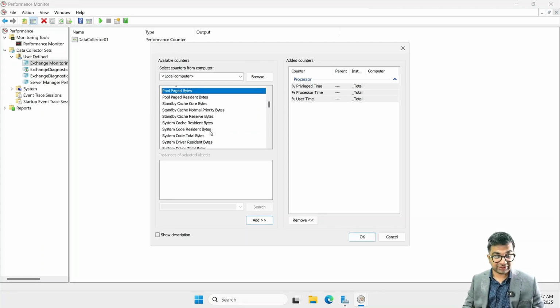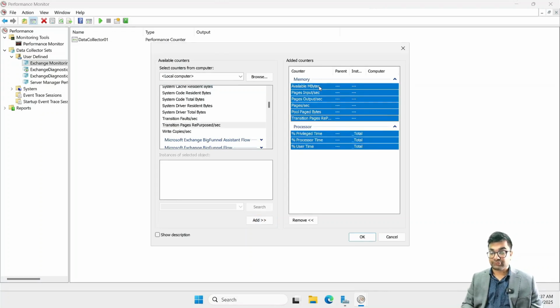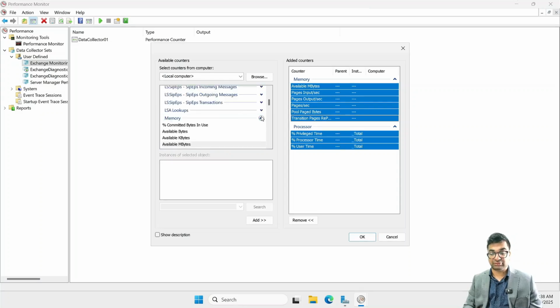And the last thing that we want to get is transition pages repurposed per second, and click on add. So available MBytes, pages input per second, pages output per second, pages per second, pooled pages bytes, transition pages repurposed. Okay, the next thing that we want to add, this time, is from the exchange,